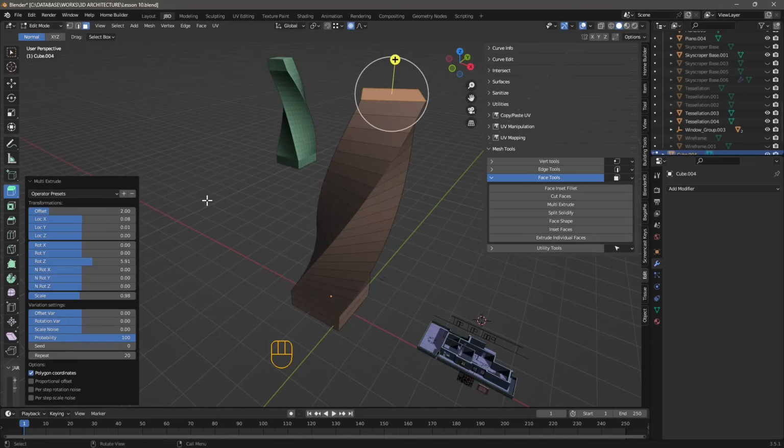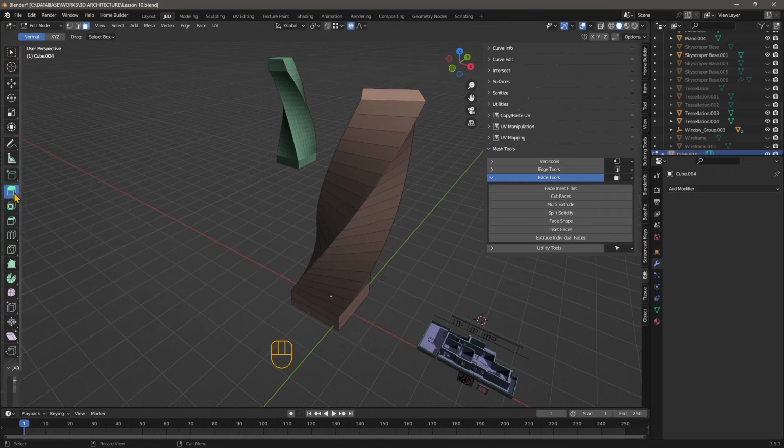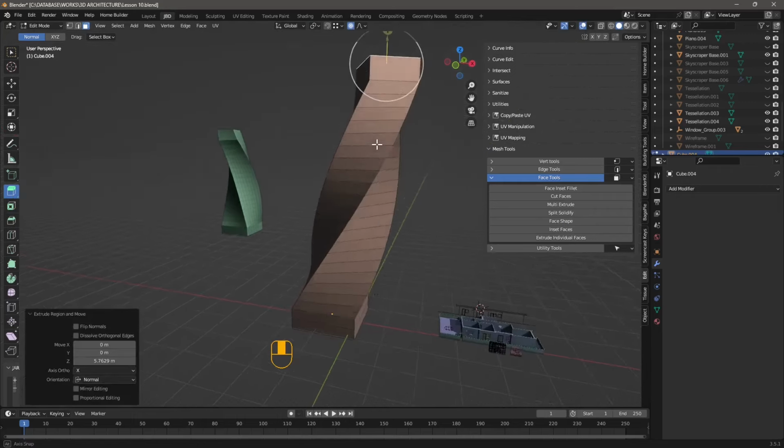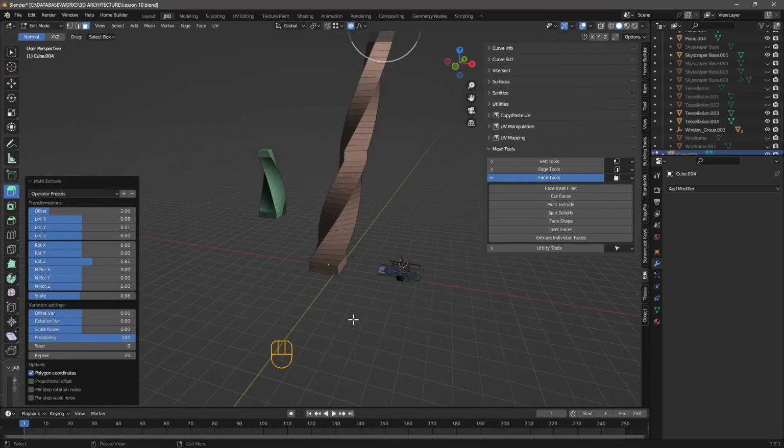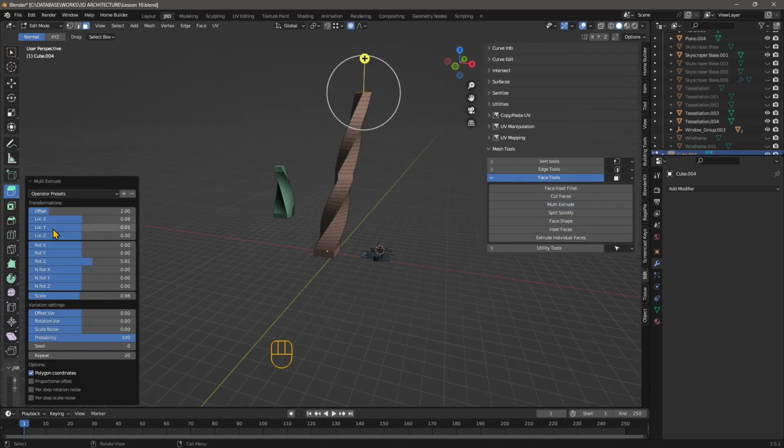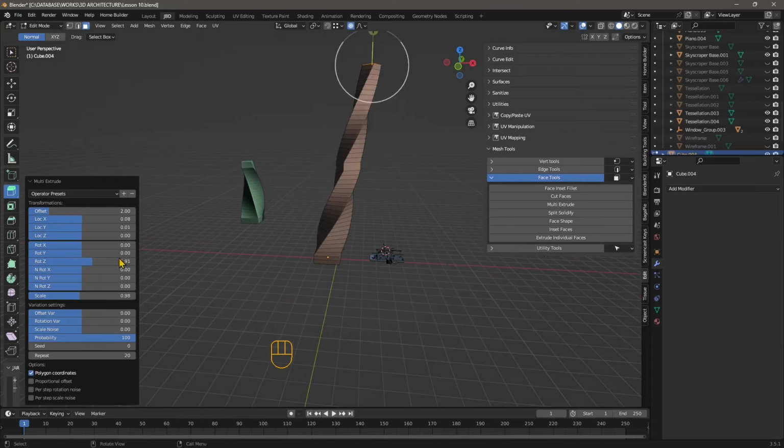Now, anytime you can mix with other add-ons. So for example, here I can go back to the standard extrusion once I finish this. Now, if I select this and I do a standard extrusion like this, and then I can scale or bevel. Now, if I go back to the multi-extrude again, it's going to create another piece because it's taking those parameters that I already set up. And this is already kind of a generative design because we're using parameters instead of modeling manually. So if I press plus, I can save this as